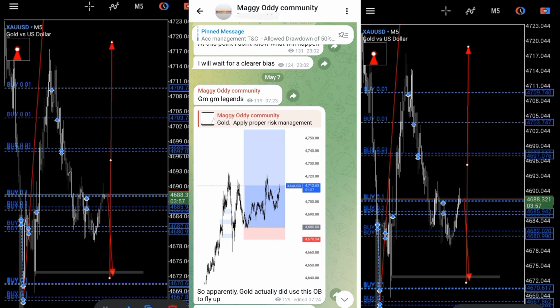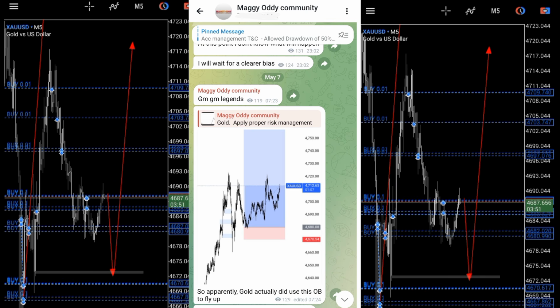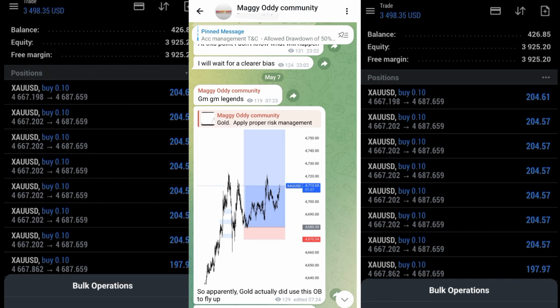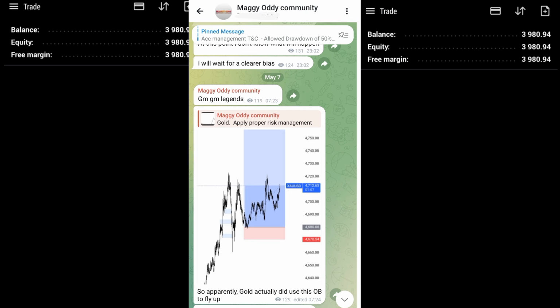I was expecting the market to kind of fall down and move up, and because I piled in more trades, if the market drew down like that, then I would have lost the whole account, and I didn't want that, so I had to close this trade. That was a bad decision I took there, which is fine because we will make back our money anyway. And so guys, we've booked the profit.